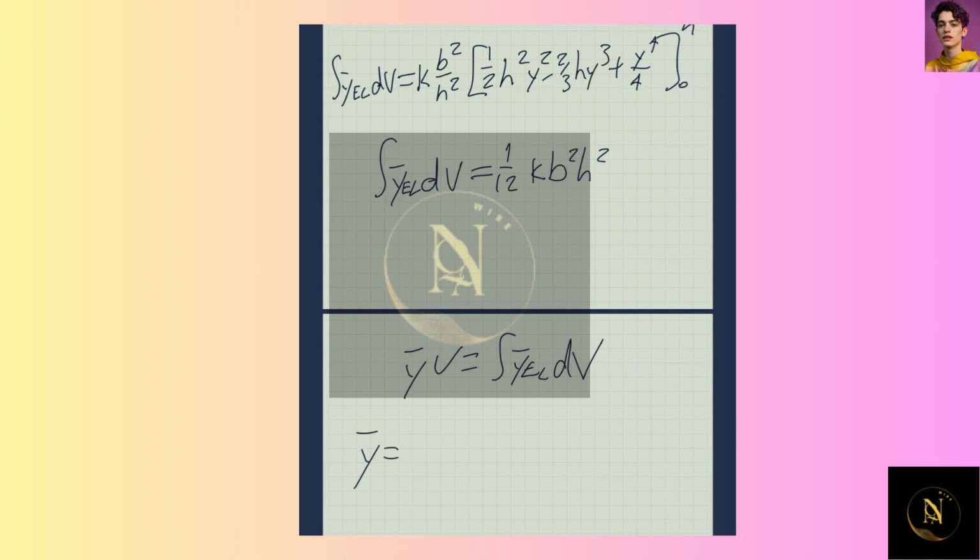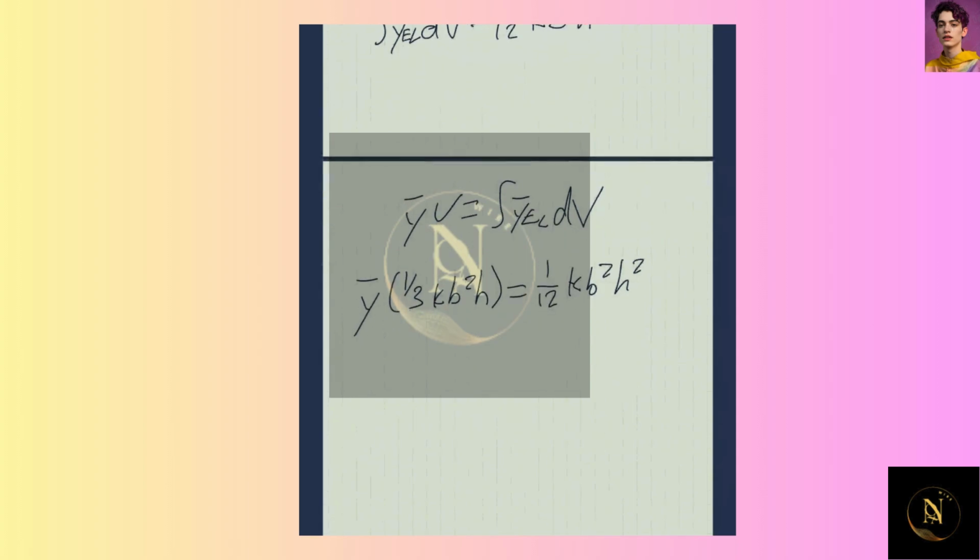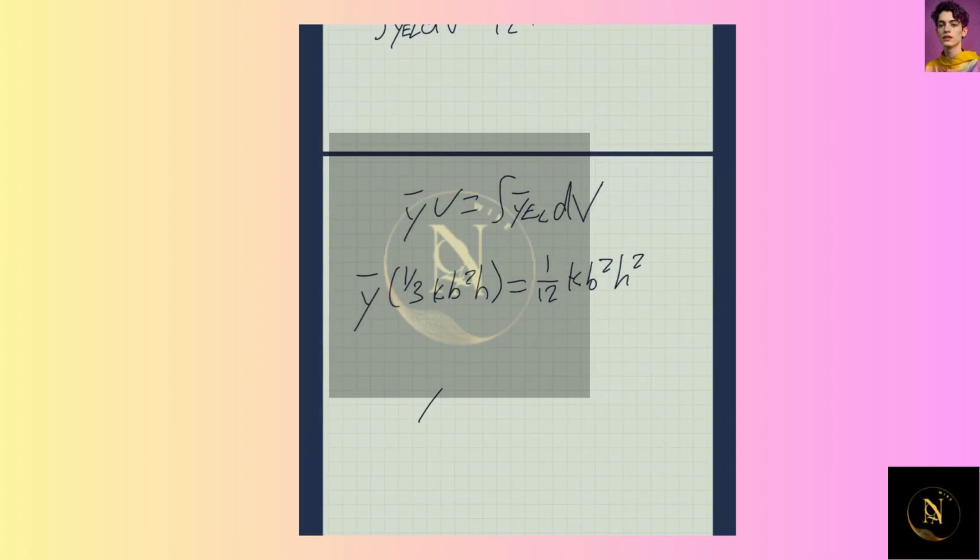Now we know everything we need to plug into our original centroid equation that looks like this. So we can plug in the volume we found earlier, 1/3 k b squared times h, instead equal to the integral of the centroid of the differential element that we found. And we get that the centroid is equal to 1/4 times the height, proving that the centroid